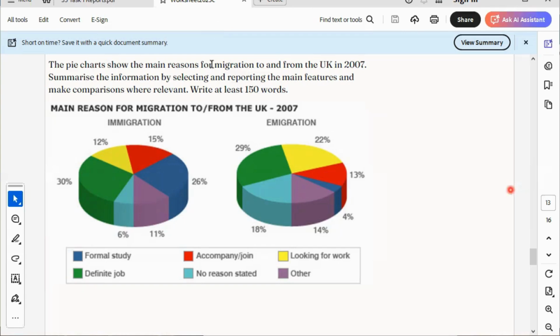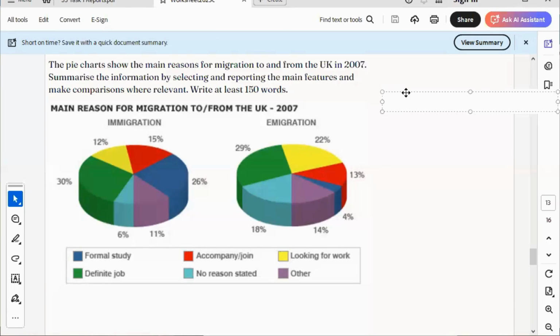We are to use language of comparison. Why? Because we have just one date. What is the one date? 2007. So in writing my sentence, let me just give you some sentences to illustrate what I'm trying to say. What we are to write is something like this. You say that,